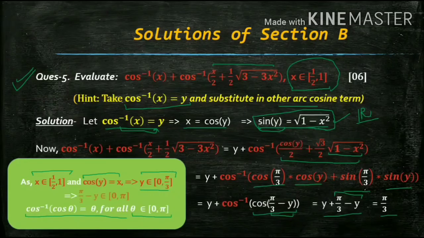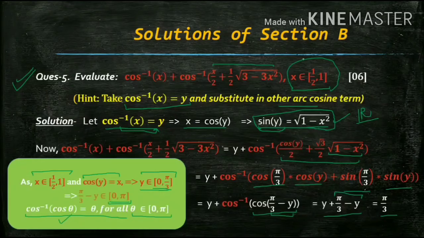And now with this y, you can say that pi by 3 minus y would belong to this interval. Because if y is 0, it would be pi by 3, which belongs to this. If y is pi by 3, then it's 0, it would become this. So for y belonging to this interval, pi by 3 minus y belongs to this interval. And that's why I can use this property and can say it's theta.